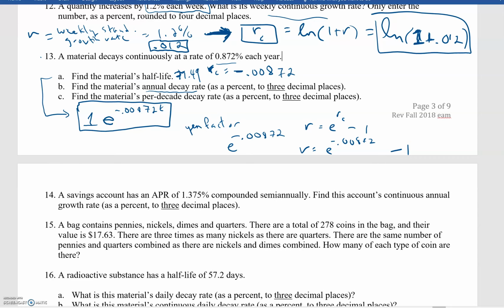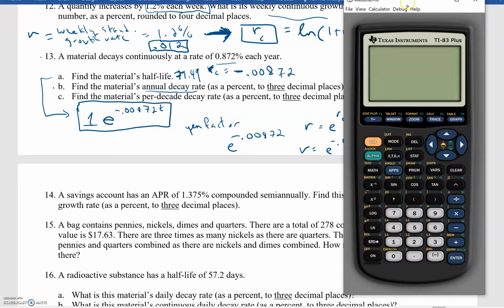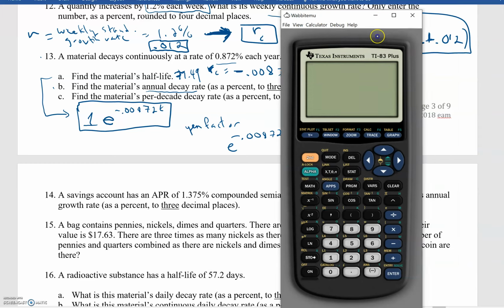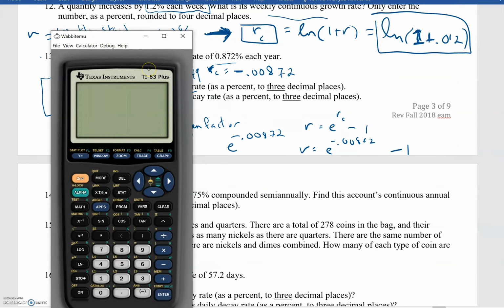So we're in the middle of question number 13 in the Unit 3 practice problem set, and we're looking at part B, find the material's annual decay rate. But instead of finding the annual decay rate first, I'm going to find the annual growth rate, which I expect to be negative. And I'm using this formula, r equals e to the rc minus 1. So